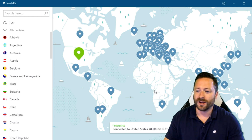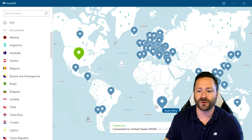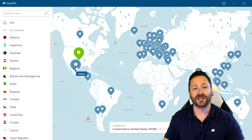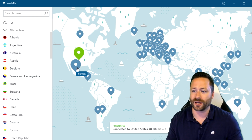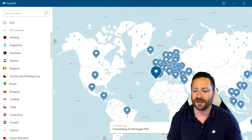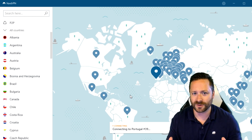So if you're in the United States and you want to see what's going on in media in South Africa, you can do that. Same thing in Brazil. If you're in Mexico and you want to have a nice security layer, you can obviously just hit Mexico. It'll automatically quick connect to that location. Or if you're in the United States and you want to see what's on in Portugal media, you just hit Portugal. And again, the further away you are, I've noticed the longer it takes for these connections to happen,